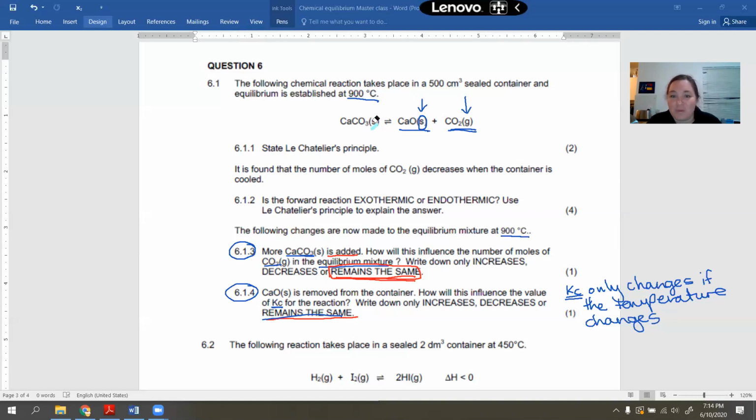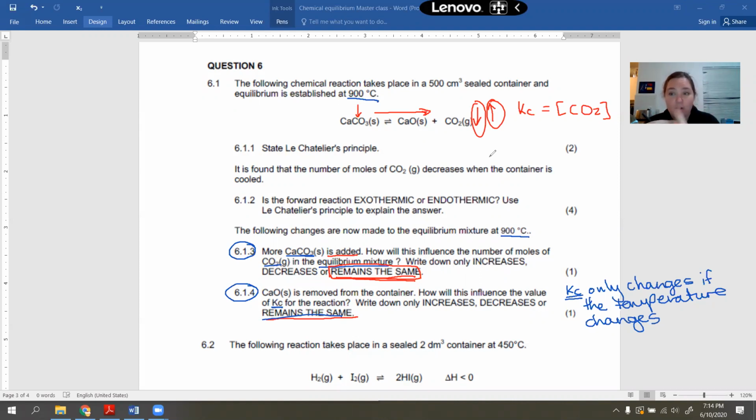It's one of those things that will get to you when you're sitting in the middle of an exam and you suddenly start to second guess yourself and you go, wait, but if this one goes down, then that reaction goes that way. The forward reaction is favored. So this goes down and this goes up. And then you're sitting there going, wait, the Kc depends on the concentration in this case of only carbon dioxide, and then you're starting to query whether carbon dioxide goes up or down, and you get yourself into a total state about it. I'm promising you right now, no change that you ever make to pressure or to concentration